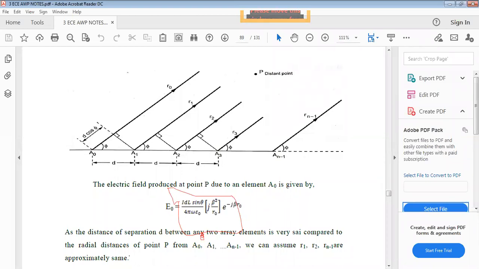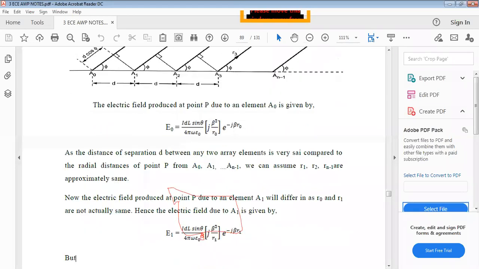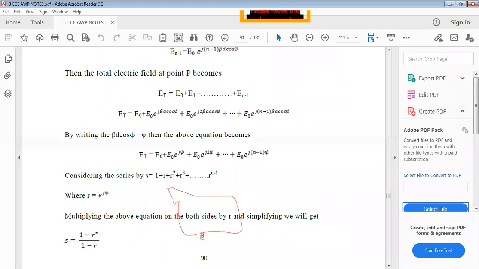For the second point source, a1 becomes e power minus j beta r1. Similarly for the second one r2, the third one r3, and so on up to n minus 1. That's all. Replace that expression. See here, this is not a complex derivation. Later we have to summarize